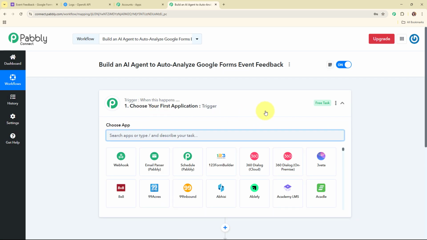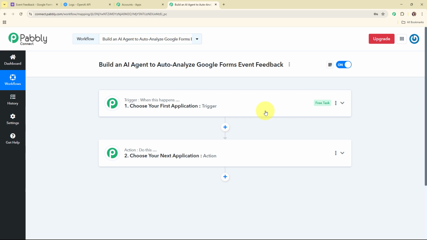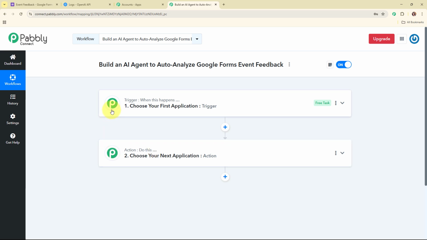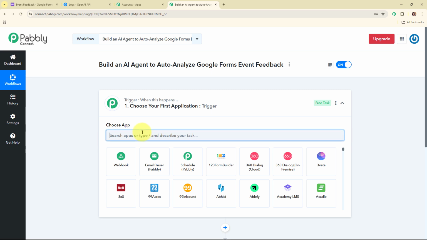Now here in this workflow window, you can see we have successfully created a workflow, and here on my screen you can see the two most important principles of an automation process, that are trigger and action. Where trigger says when this happens and action says do this, that means action is a response towards our trigger. Your automation can have a single trigger but multiple action steps. Now let's begin with our automation by simply setting up a trigger.